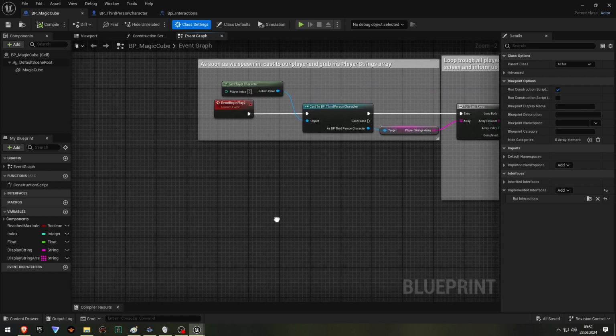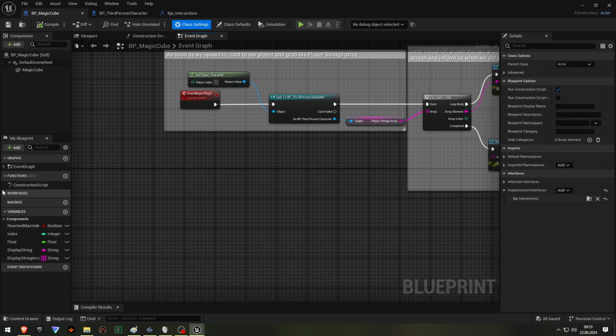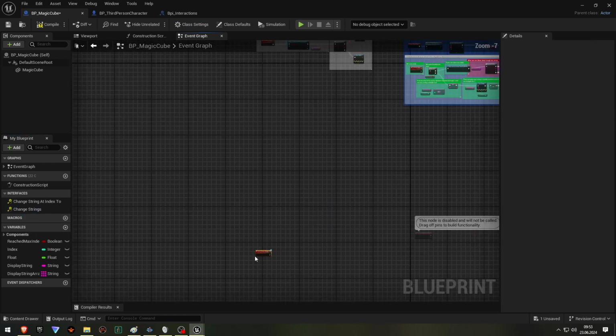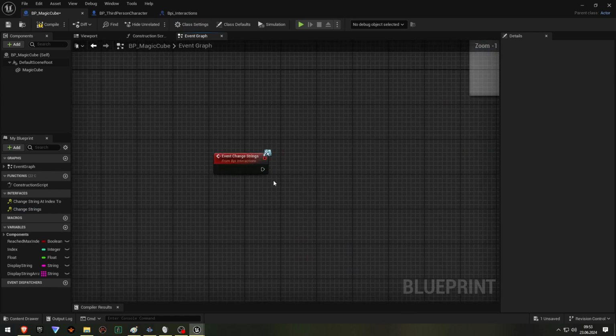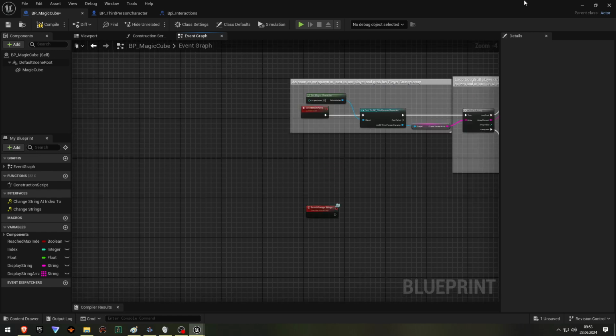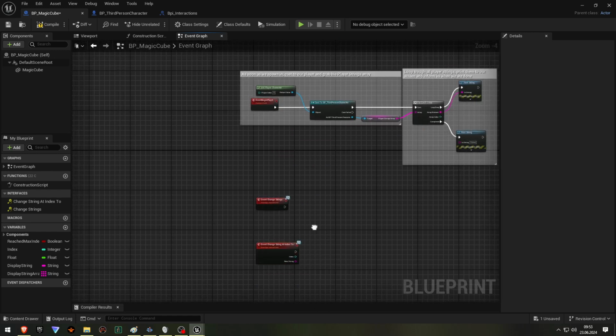And now if we look onto our left panel here, we can see a new tab with interfaces. And if we open this up, we will see both of our functions. So let's right-click on our change strings and let's implement the event, like so. And let's do the same for our change string at index 2. Right-click, implement event, and let's drag and drop it up here. All right, now